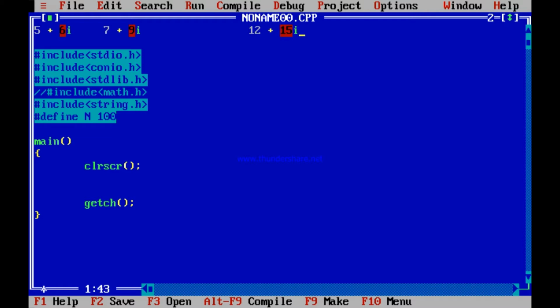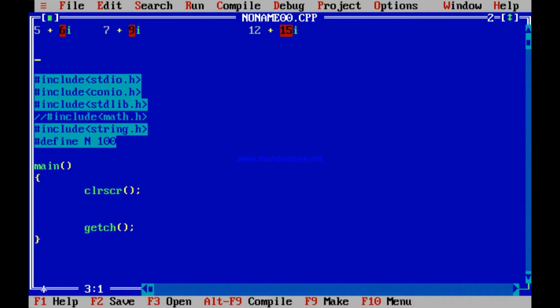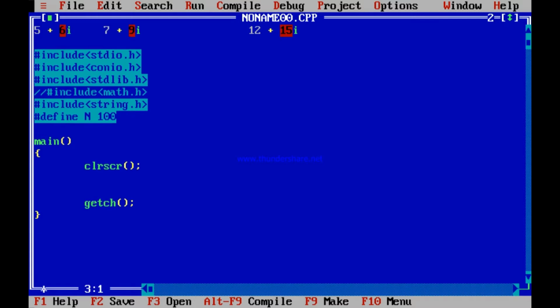Please see this. 5 plus 7 makes it 12. The real parts 5 and 7 added together make 12, and the imaginary parts 6 and 9 added together make 15. So for writing this program, why will structure help us? If we can have a structure, let me write it below this hash include so that it forms a part of your program. I don't need to copy paste later.